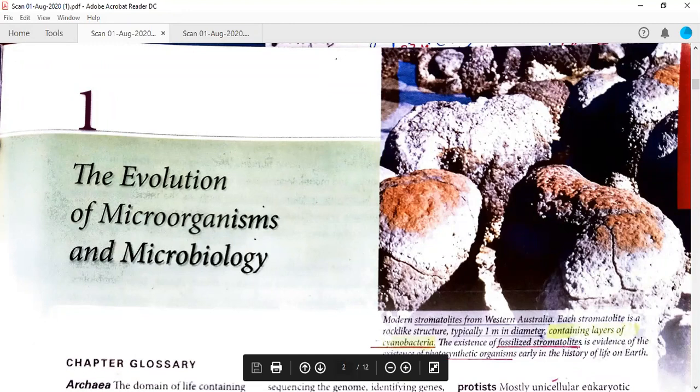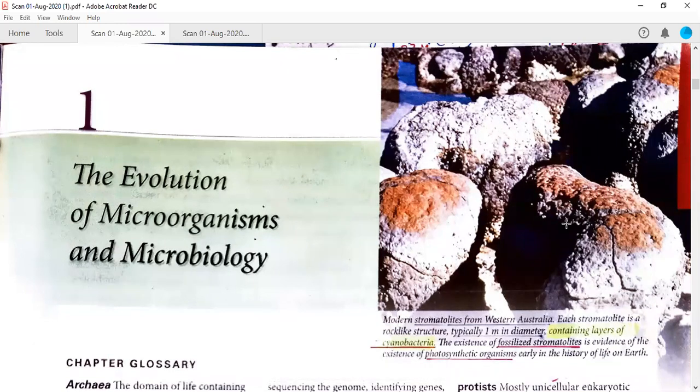They are today called stromatolites, and they are actually present in Western Australia. Each stromatolite rock-like structure, which has around 1 meter diameter, contains a layer of cyanobacteria. So you can get the fossils of cyanobacteria from these stromatolites,